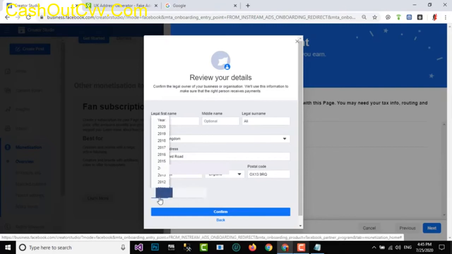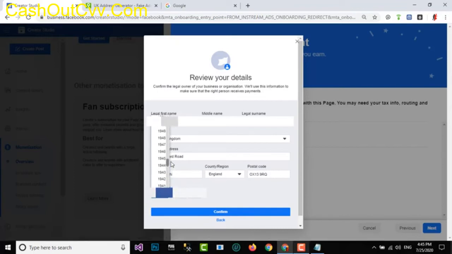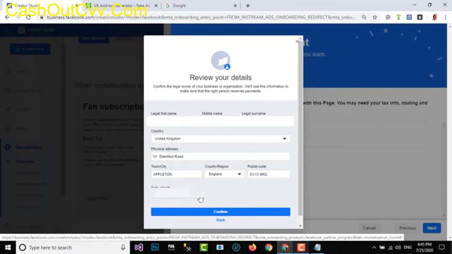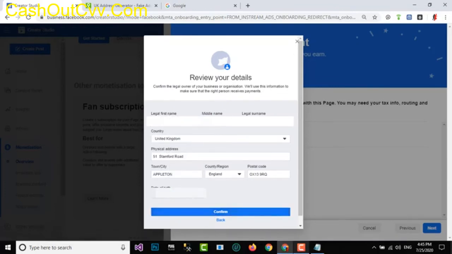Let me check. Here you also have to enter the date of birth. I am selecting the date of birth, selecting the date and confirming.